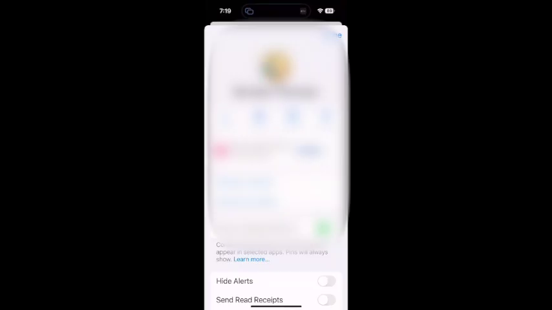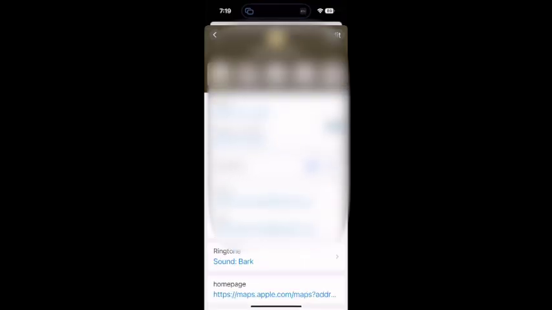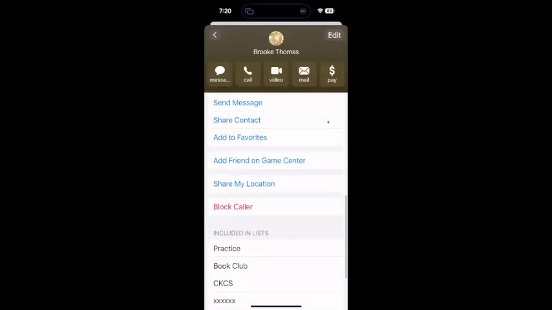Once I open her app, then I'll go in and tap where it says info right here, information, and tap on that. And then as I scroll down here, keep on scrolling, keep on scrolling. And here it says,